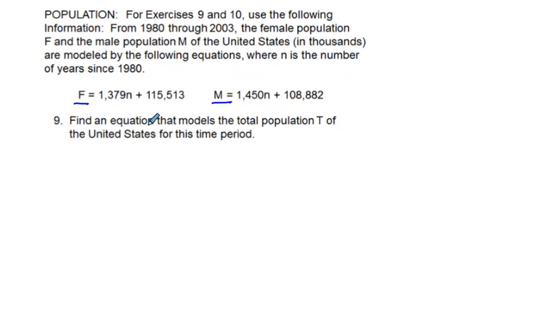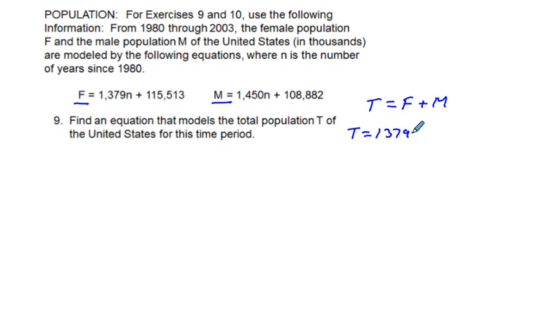Exercise 9 says, find an equation that models the total population T of the United States for this time period. Well, what we have is that our total population is going to be equal to our female population plus our male population. And now replacing, we have F equals, I'm going to put 1,000. In fact, I'm going to do it without the comma there. T equals